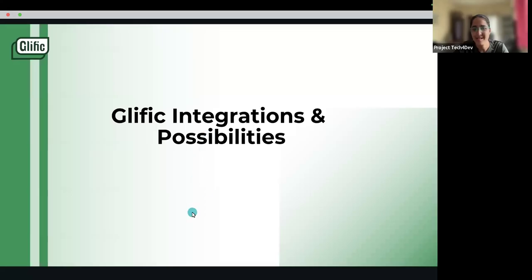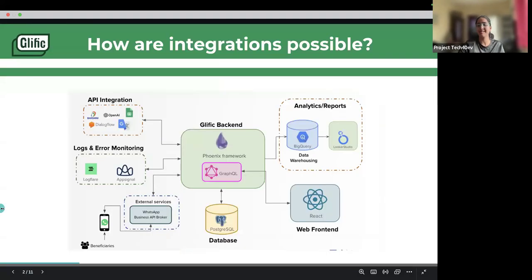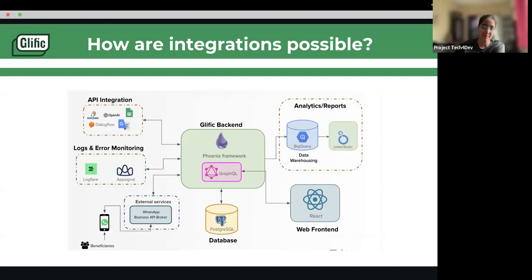Awesome. So before we start getting into the integrations that are there with Glyphic, it's good to understand how Glyphic as a system is built. Glyphic as a platform has both backend and frontend, and they are in separate places. So Glyphic has a split tech architecture where backend and frontend are at different places, and they are talking to each other using API calls.